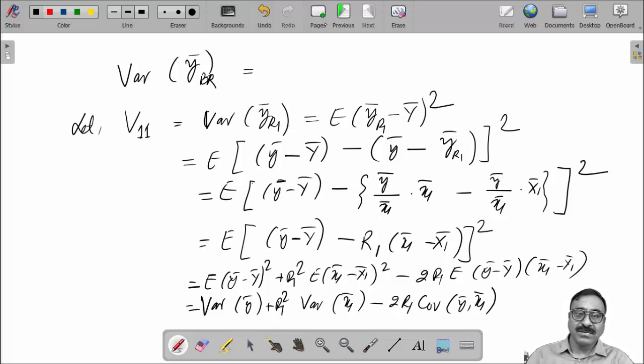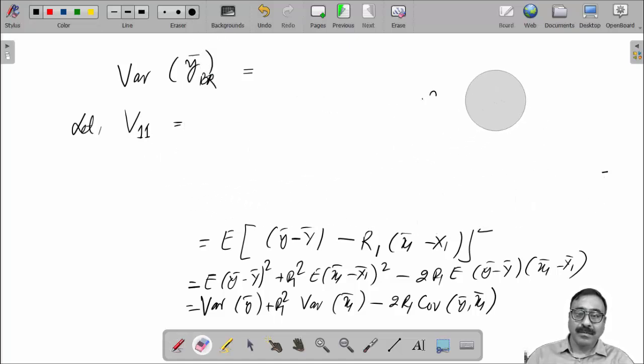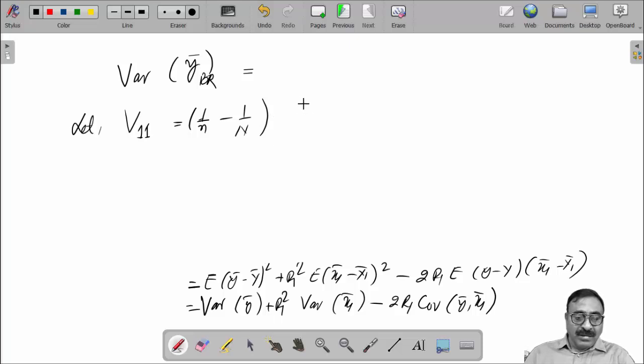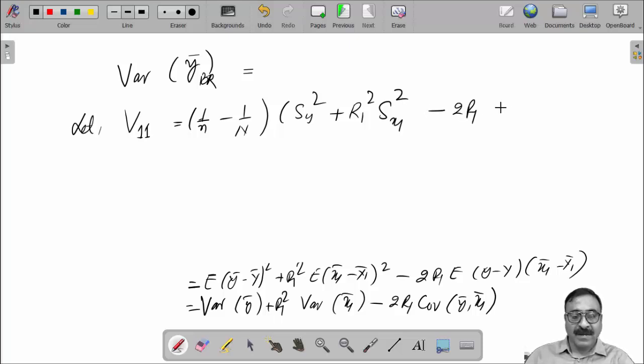Now this is equal to (1 by n minus 1 by capital N) (Sy square plus r1 square Sx1 square minus 2 r1 Syx1),